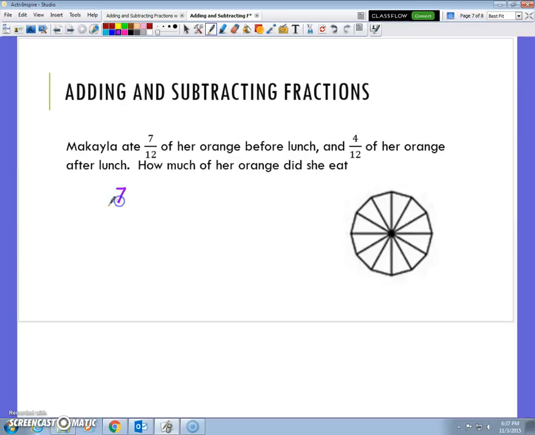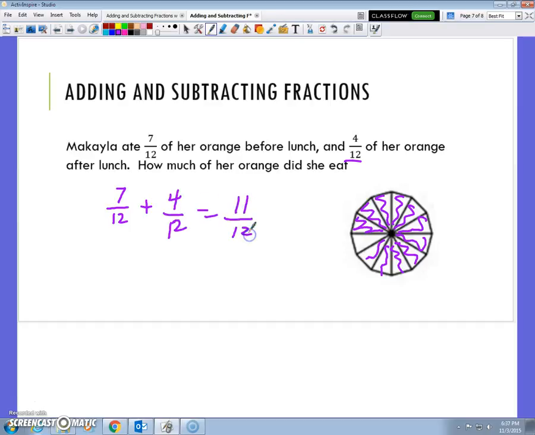If I have 7/12 before lunch, 1, 2, 3, 4, 5, 6, 7. That leaves me with 1, 2, 3, 4, 5 12ths left, right? 7 12ths are gone, and now I'm eating another 4 12ths after lunch. How much of her orange did she eat? Well, she ate 11